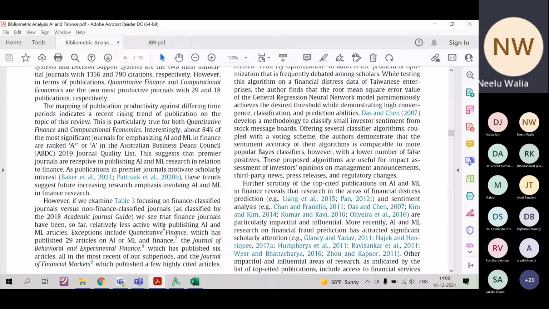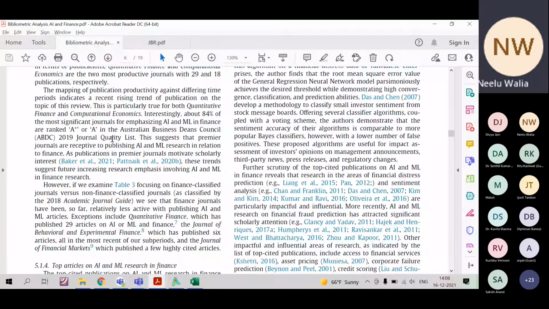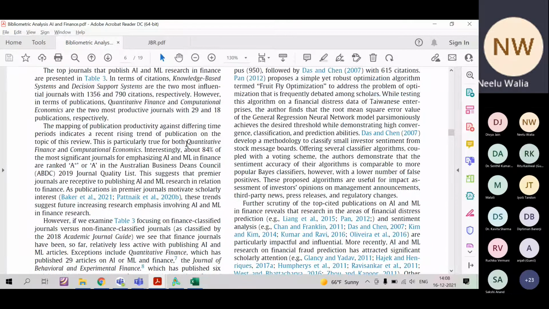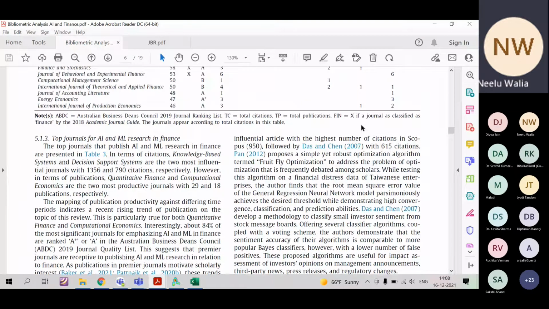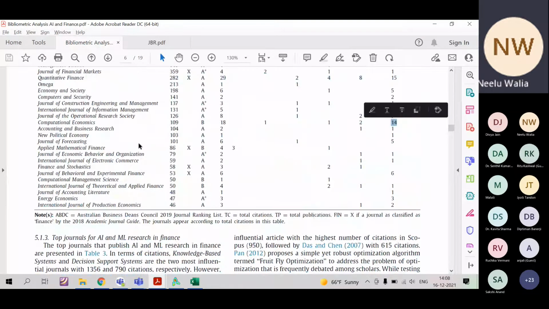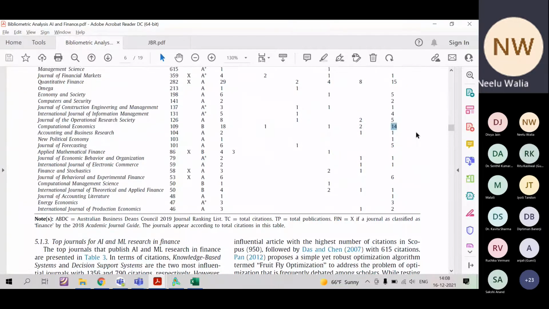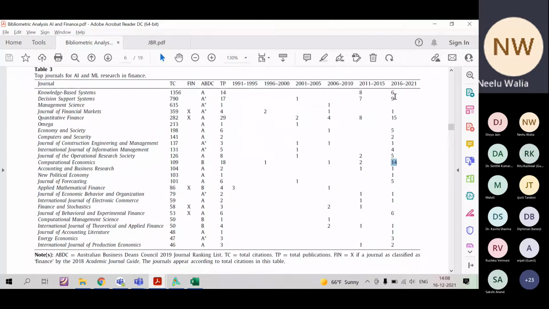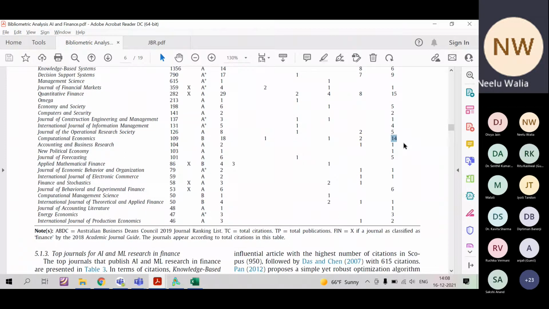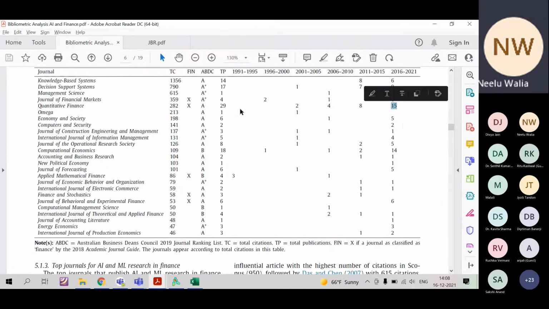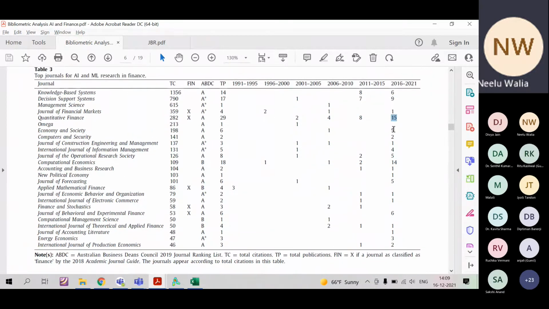You can also put up the paper based on the time. So maximum papers based on the time mapping. If you see, Accounting and Business Research has published 14 papers between 2016 and 2021. 15 papers are published by Quantitative Finance.